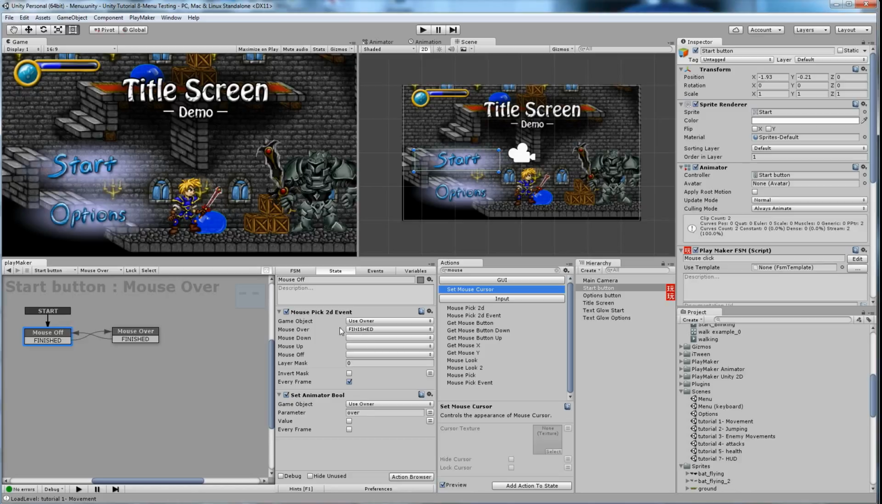So this is the mouse over, which goes from finished over to the mouse over, and now it's going to check if the mouse is off, and then it goes back over to here. So it's going to be constantly checking between mouse over and mouse off. Now what happens when it's on the mouse